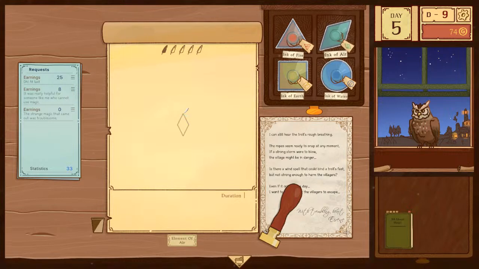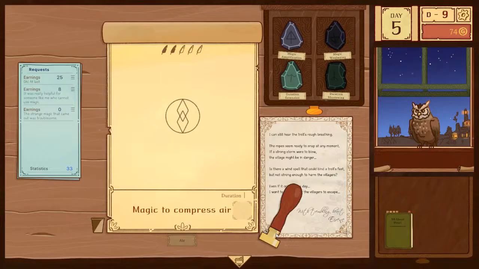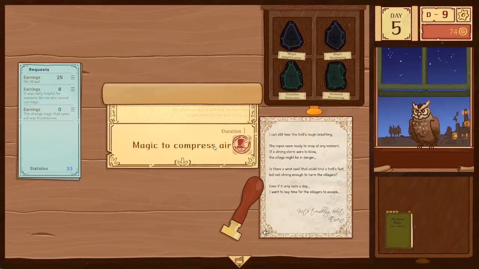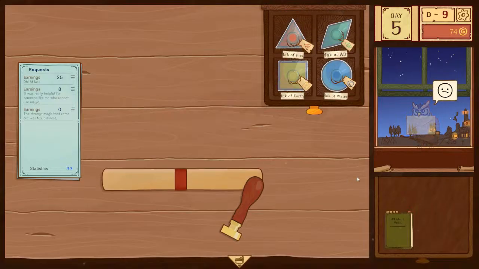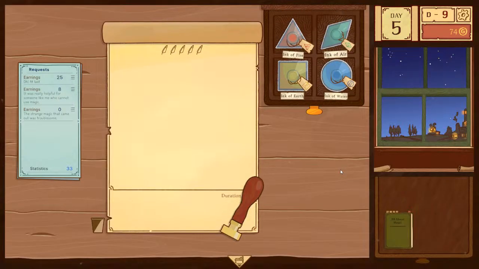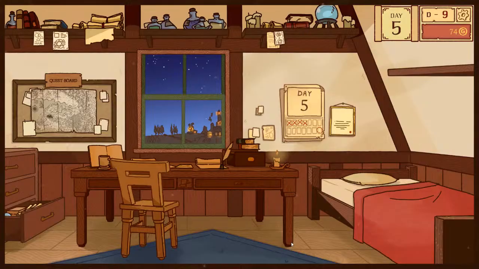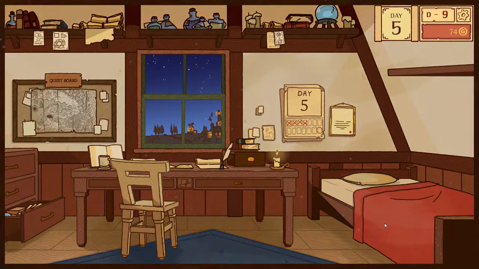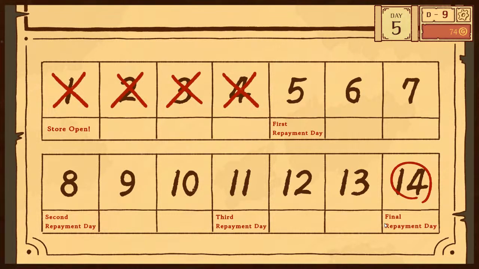I'm gonna go with compressed air. Just one day. Off you go. It's not what you wanted. Alright. Very interesting that they go to the same place.